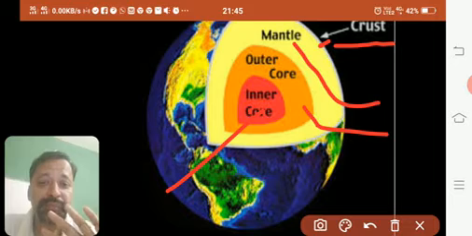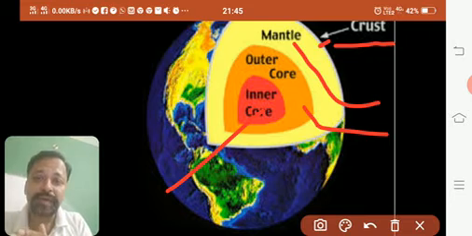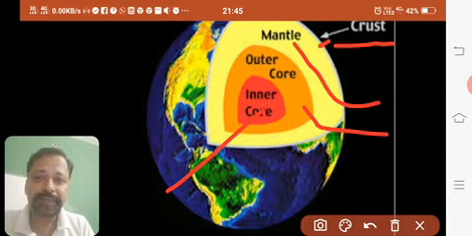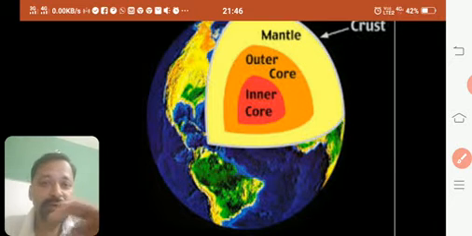So we are now seeing four layers. Topmost is crust, then we have mantle, then we have outer core, and last we have inner core, which is totally molten magma. We call it magma or molten lava. It's semi-liquid. Molten means, you know, when you melt metals, how do they look? In the same way it is there. Very hot and in a semi-solid state.